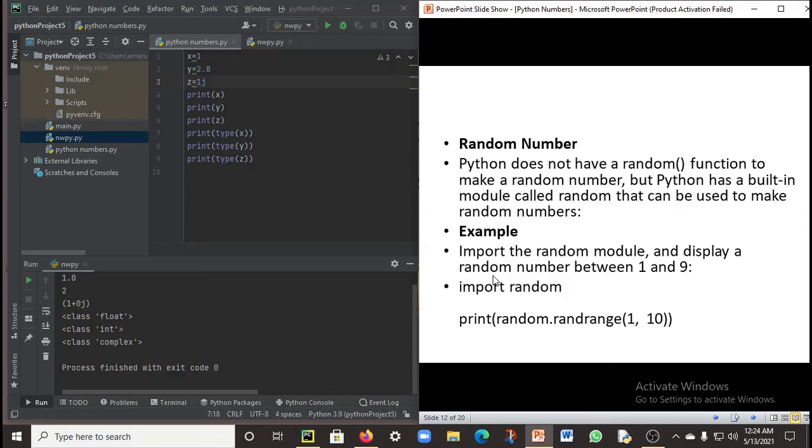So if I want to generate a random number, first I'll need to import the library, or you can call it a module. It must first say in the first line import random, and print random dot randrange. Range will be 1 comma 10. So Python is going to print me a random number from between 1 to 9. So it won't print me the 10th number. Okay, so let me execute this code.